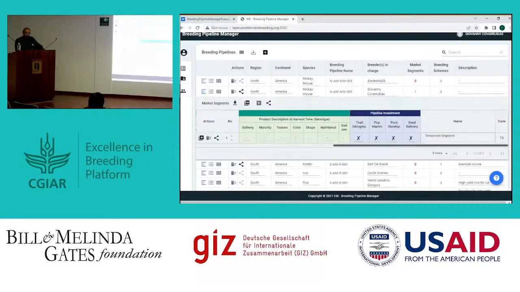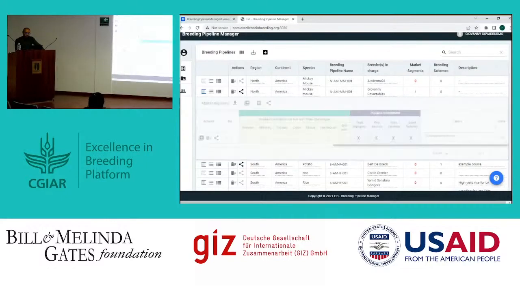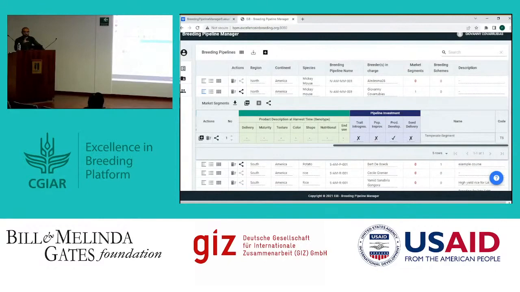So in market segments, for example, you click on this plus symbol. So please give it a try. Not complicated. So now you say which region this market segment is going to work on. Maybe it's East Africa. I'm going to, for example, skip the rest of the client description. But maybe I said, okay, I'm going to work on temperate climates. And maybe in subhumid,